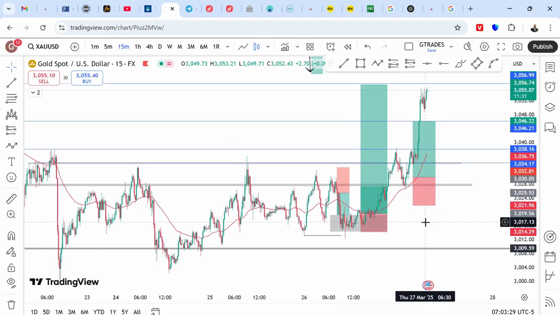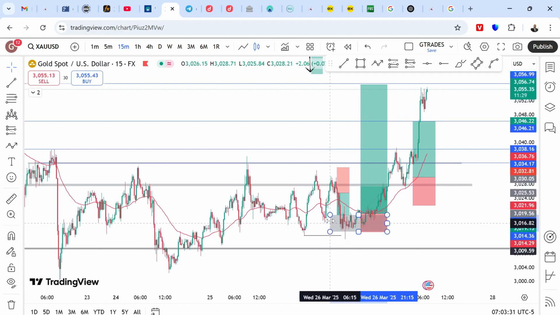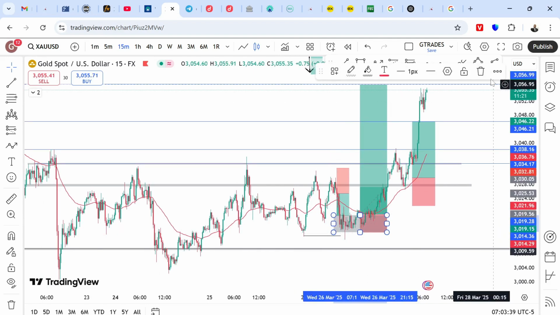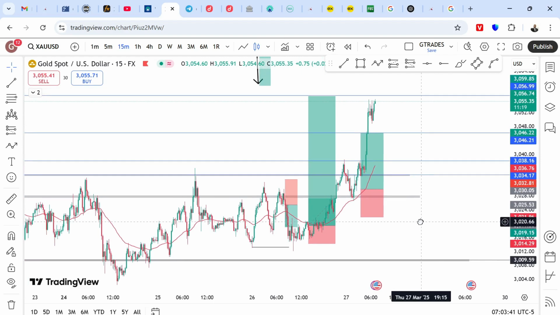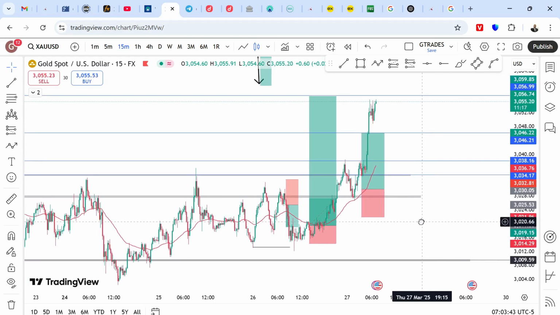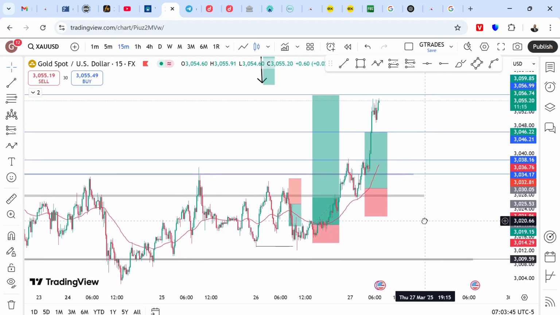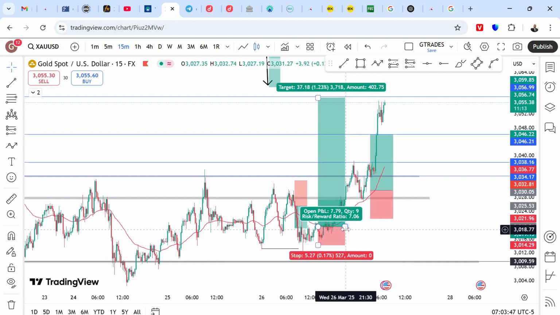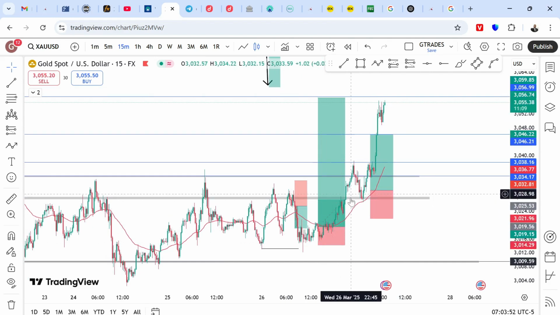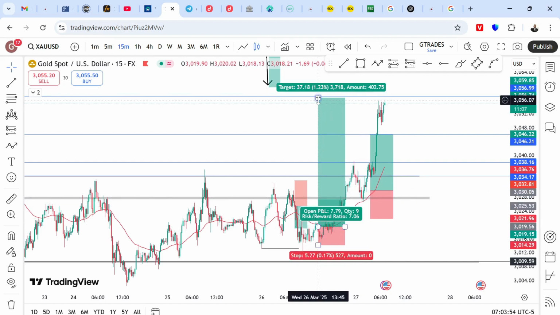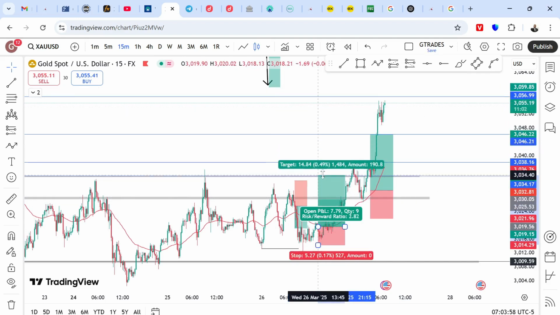Because I spotted that on the 15-minute time frame, we have accumulations here, coupled with the fact that gold has been in an all-time buy, that has been in a bullish trend. So I was so comfortable to enter for this buy, right? You can see, and the moment we got in here, the market consolidated for a while. I mean, it put us into a little bit of slow volatility. Then that was how we came out from this market here yesterday, right?